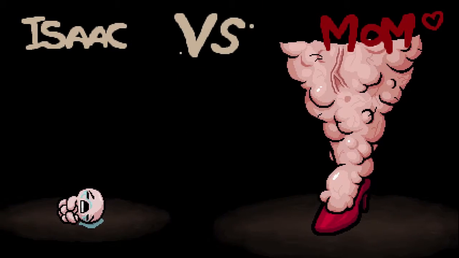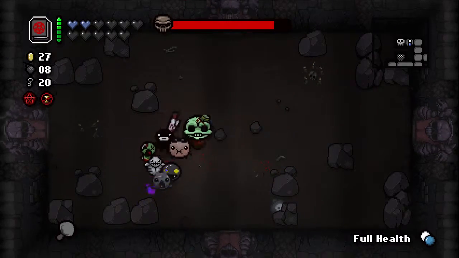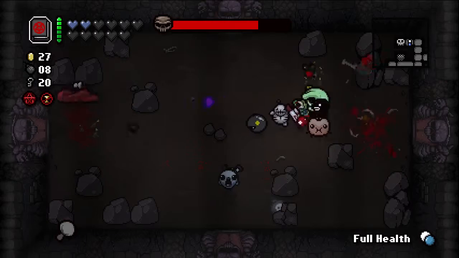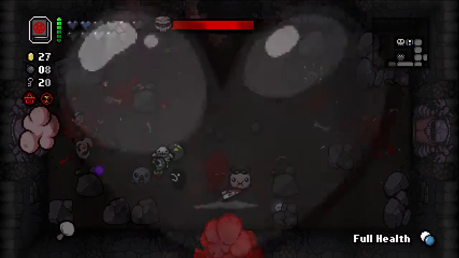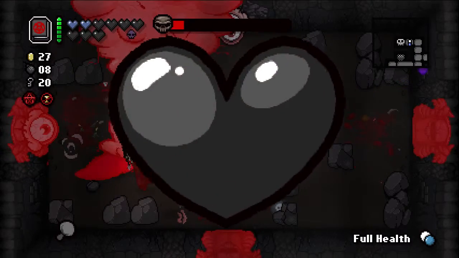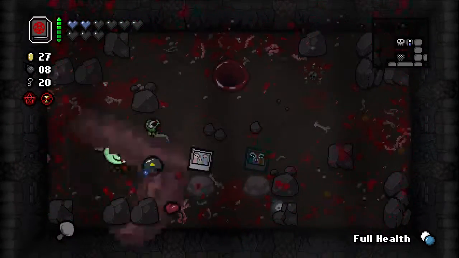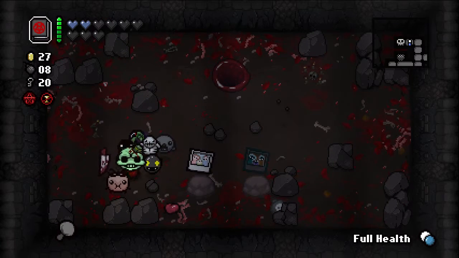Right, now we're fighting Mum. We are locked in here with her, and we cannot escape without one of those cards that I mentioned earlier, but we don't have one, so never mind. Her foot is an explosive attack, but once the explosion is done, you can actually hug it to use, oh, that's a shame, to use your orbitals to damage her. Unfortunately, we don't actually have